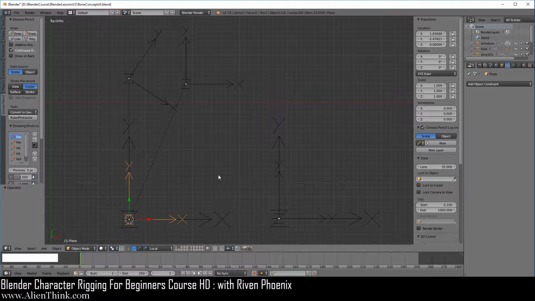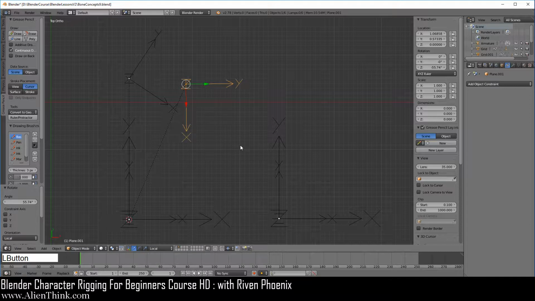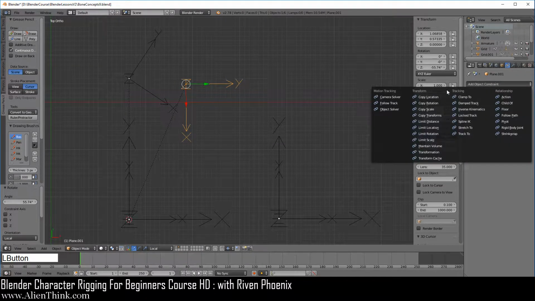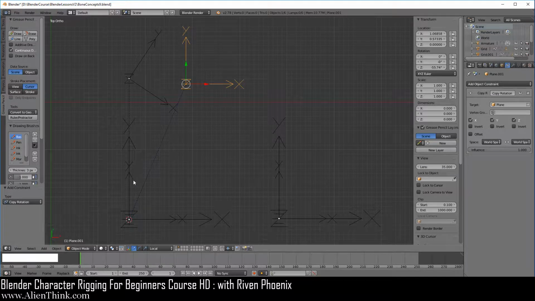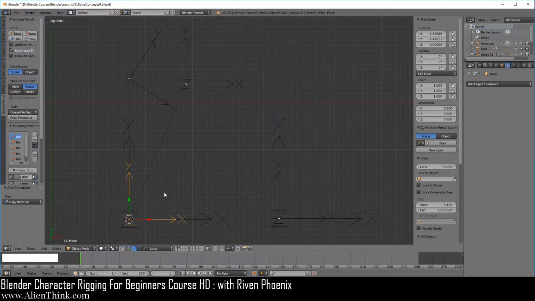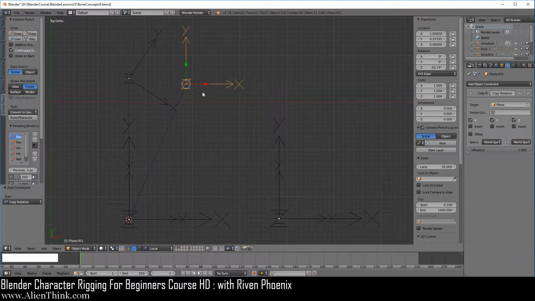So what I want you to do is go ahead and click on the child, do Alt R to reset its rotation first, and press the R key to change its rotation in its local coordinate system. Now go ahead and do copy rotation, and here we're going to copy the rotation of its parent. Now over here, we're evaluating both objects in world space, right? So we know that the parent object only knows how to operate in world space, and the child object only knows how to operate in local space.